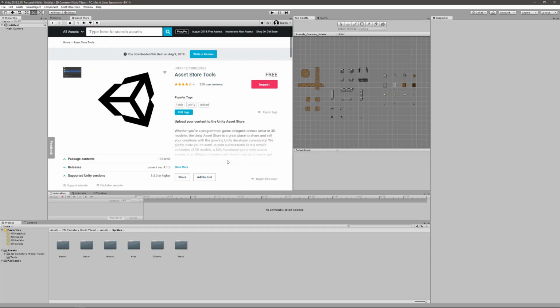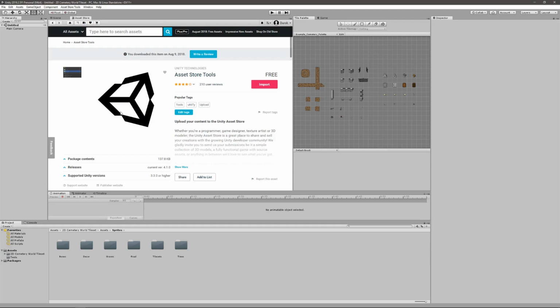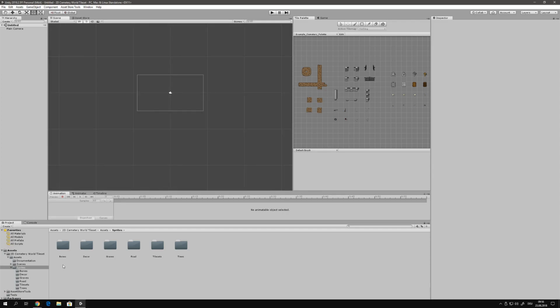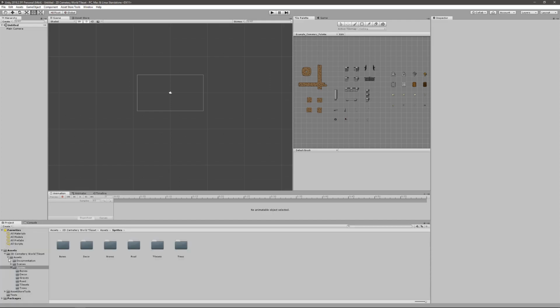Go ahead. On the console, click Clear. The Asset Store folder is now in your project as a separate folder.